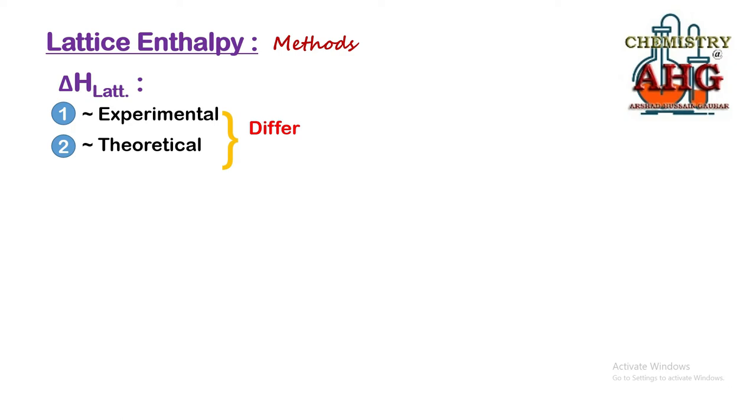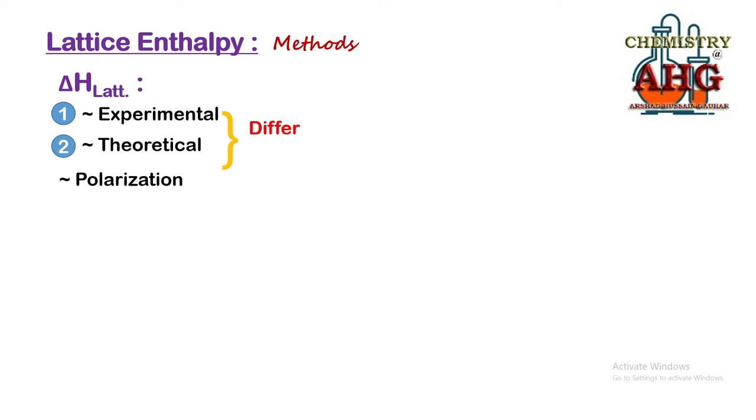Then what is the reason why the experimental and theoretical value for each and every ionic compound differs, and the experimental value always shows a deviation from the theoretical value? What is the reason behind then? The reason is a theoretical reason that you will have to remember. It is polarization. Now if you remember, ionic compounds are not 100% ionic.